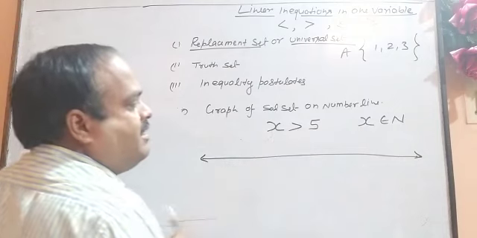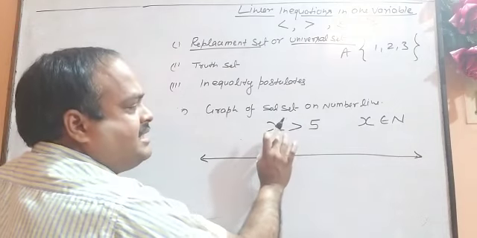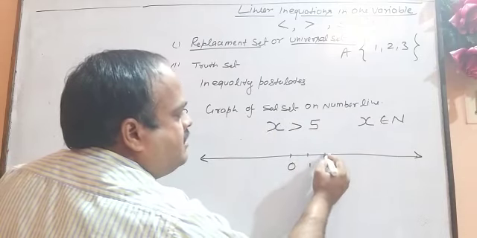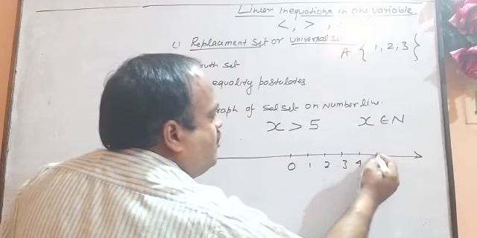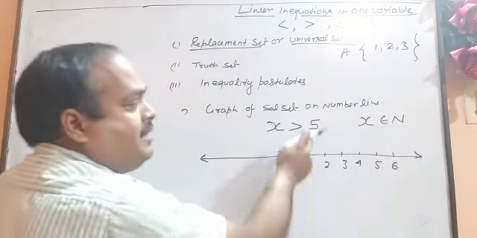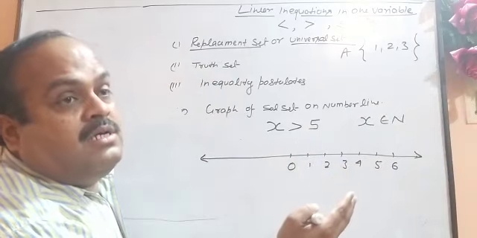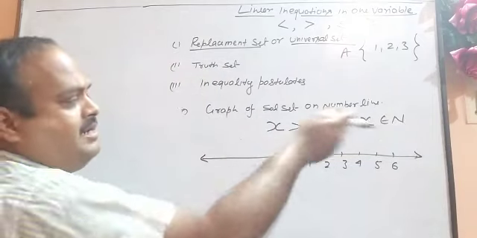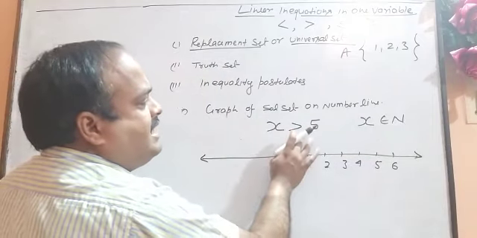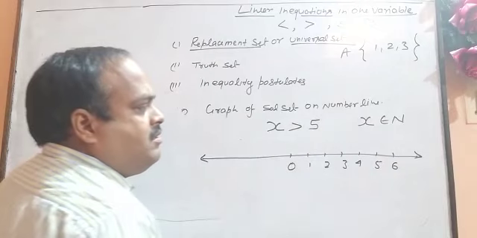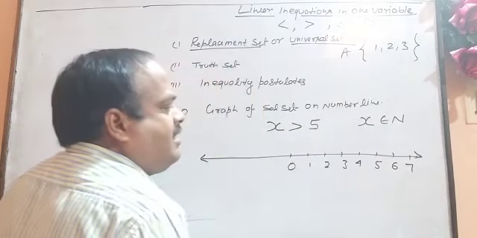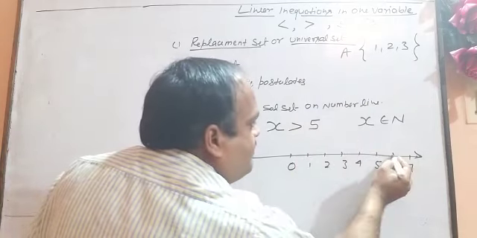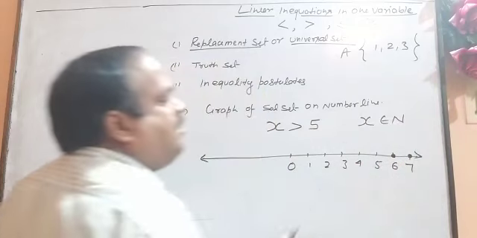Looking at this, the statement says that x is more than 5. So we need to write here 0, 1, 2, 3, 4, 5, 6 and so on. 5 must be there, and there must be 2 extra numbers, one before 5 and one ahead of 5. This statement says more than 5. So what shall we do? We will mark the natural numbers and put dots. For natural numbers we have to put dots. More than 5: it is 6, it is 7 and so on.